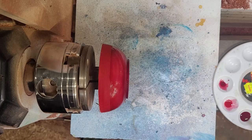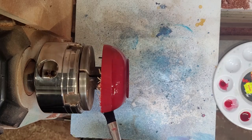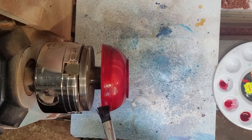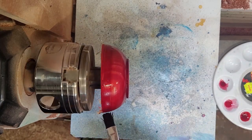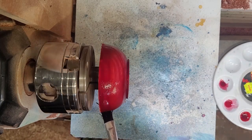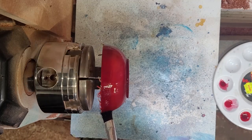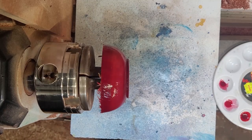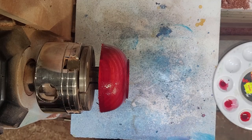So now the red. As you can see, I'm not doing anything particularly complex with application, just wetting the brush and spinning it round till I can see a reasonably even coverage all the way around. So that's 2 coats of each. I'm not going to do more than 2. I'll wait for that to dry